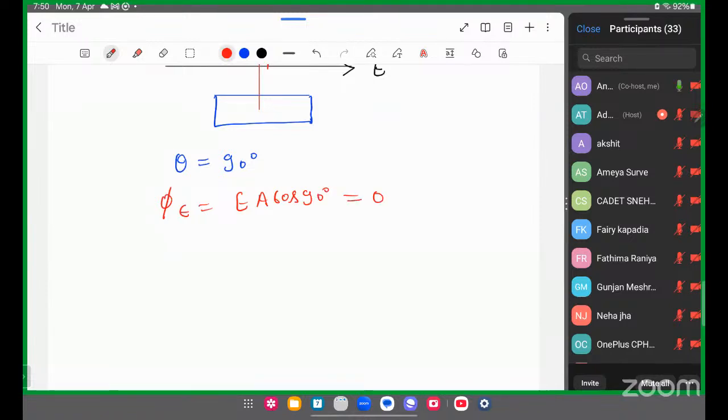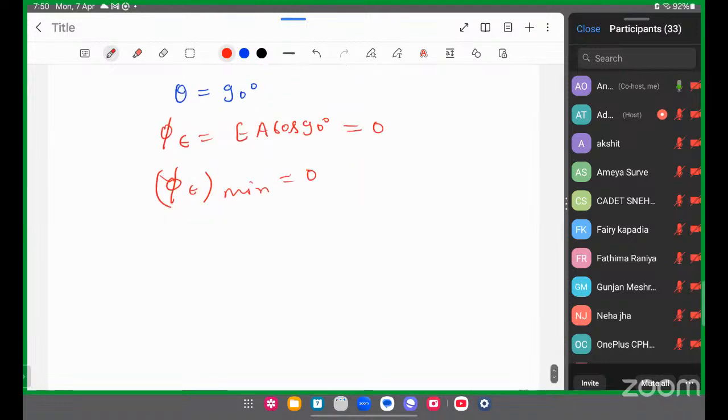Which means minimum possible electric flux phi E is minimum 0. And it is possible only if the surface is parallel to the electric field lines. In that case, there will be minimum possible number of electric field lines which can pass through the surface. Third point is